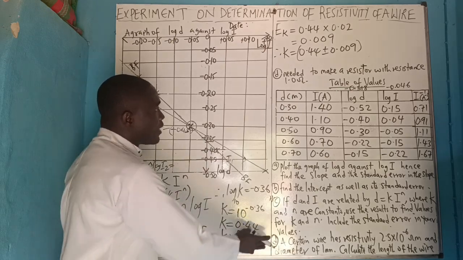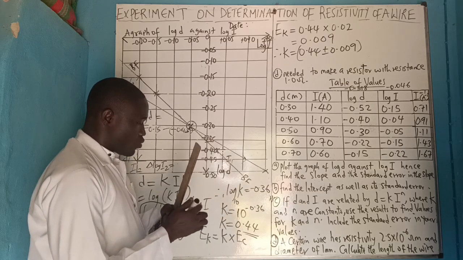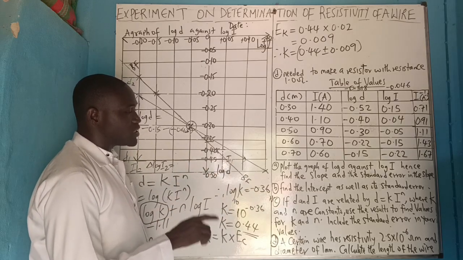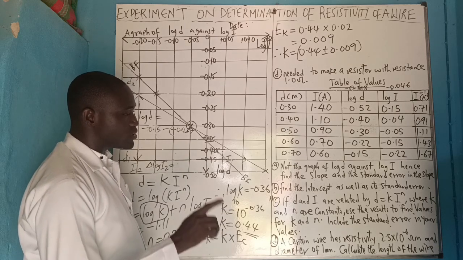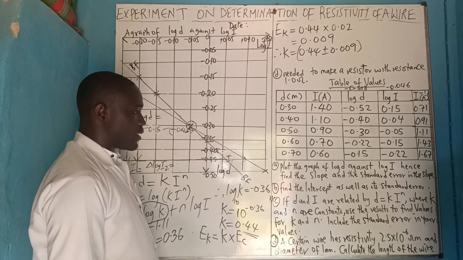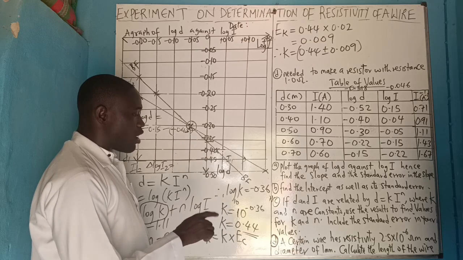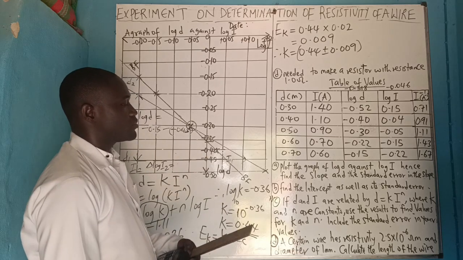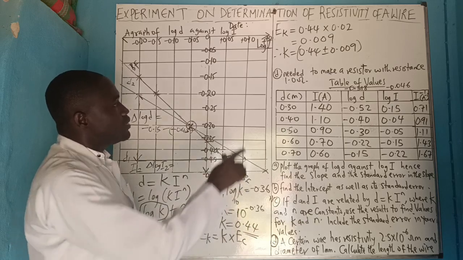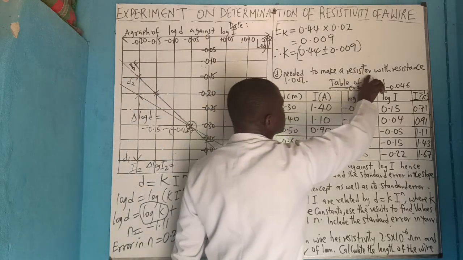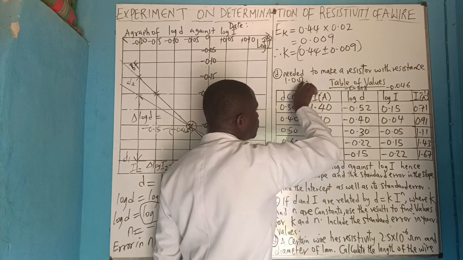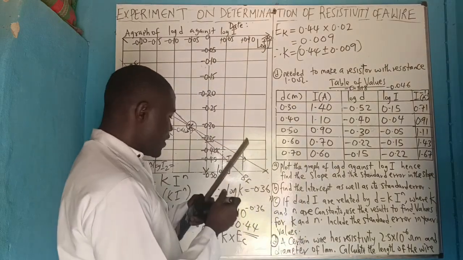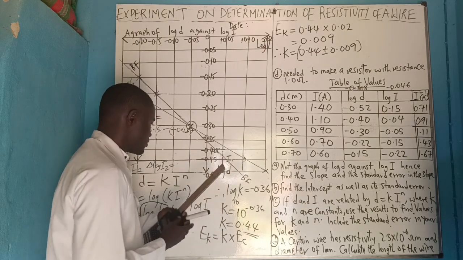Now, question number 4. Question number 4 says, a certain wire has resistivity 2.5 times 10 raised to the power minus 6 ohm-meter and diameter of 1 millimeter. Calculate the length of the wire needed to make a resistor with resistance 1.0. So this is the continuation of the previous question. So if they ask you to get this,